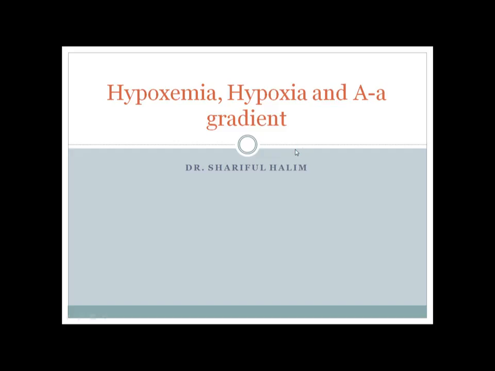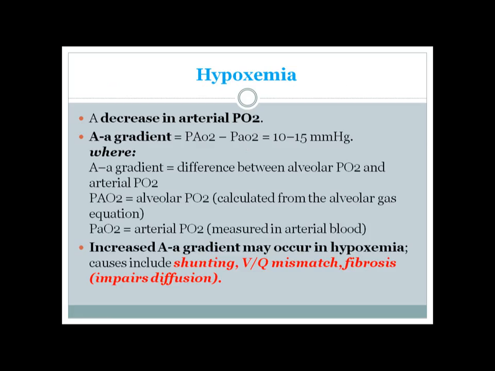Hello everyone, welcome. In this lecture, I'll try to focus on hypoxemia, hypoxia, and AA gradient. So let's first talk about hypoxemia. Hypoxemia is actually decreased oxygen, so it is hypoxia in blood. Typically, decreased oxygen level is expressed by a decrease in arterial partial pressure of oxygen, and this is all